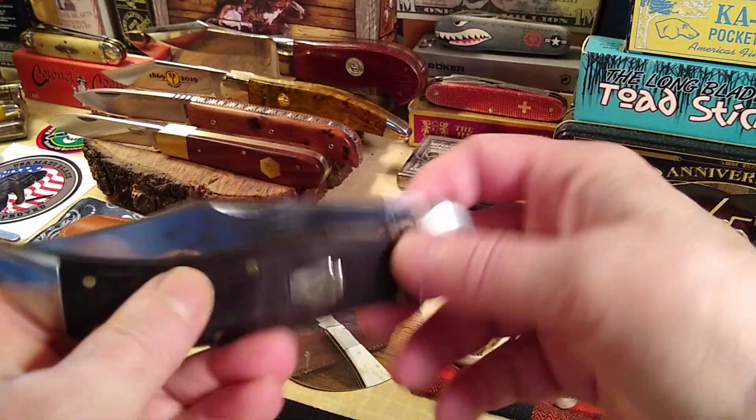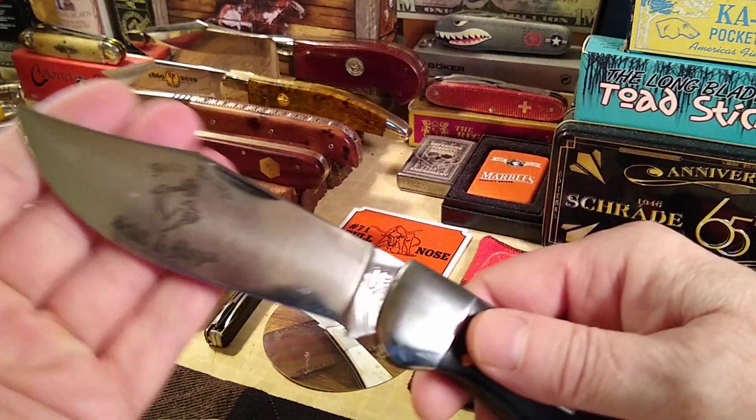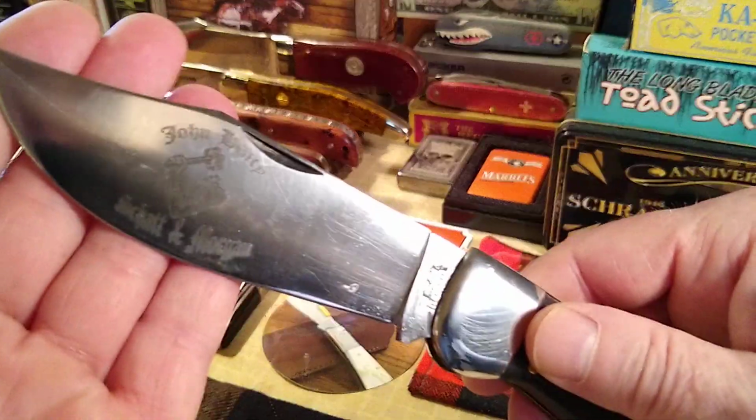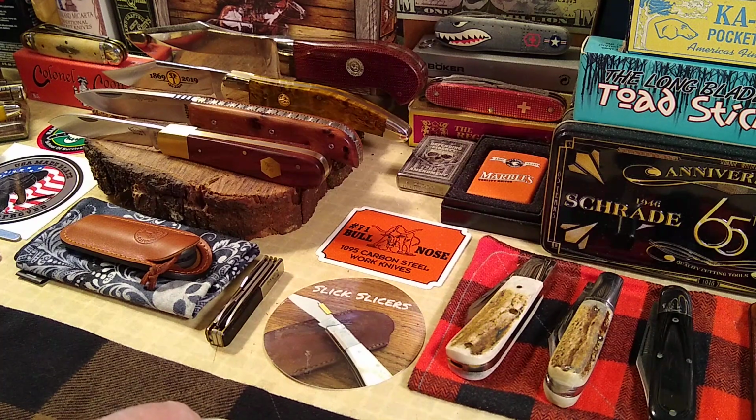Right down the middle. Awesome knife. Beautiful etch. So we'll put that down there. Third would be